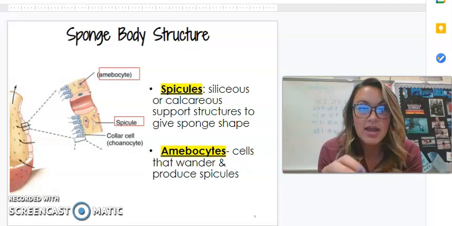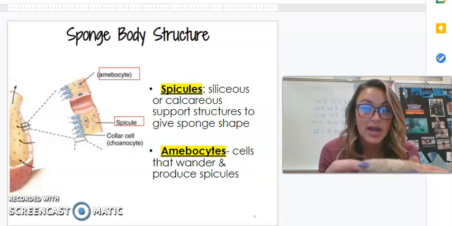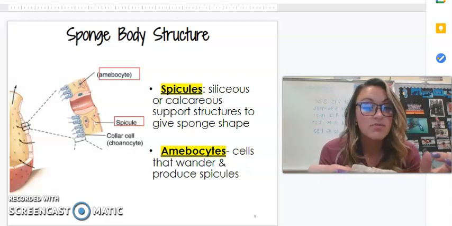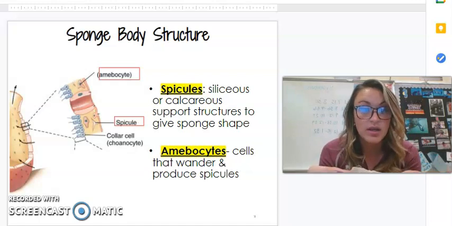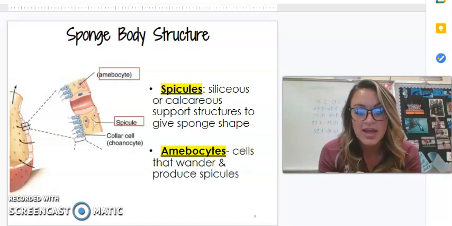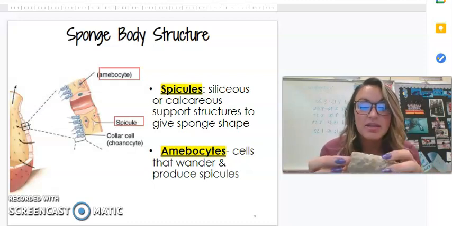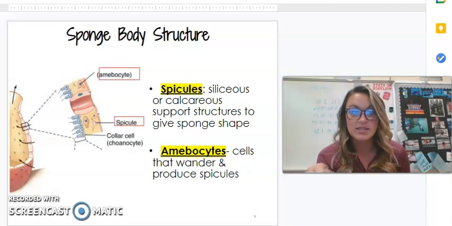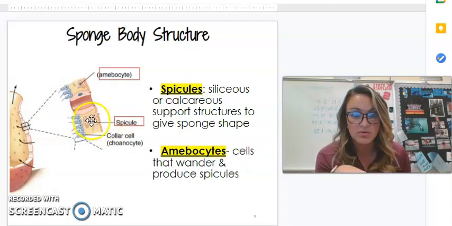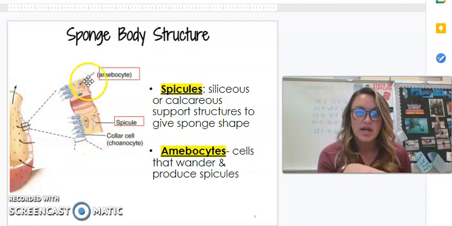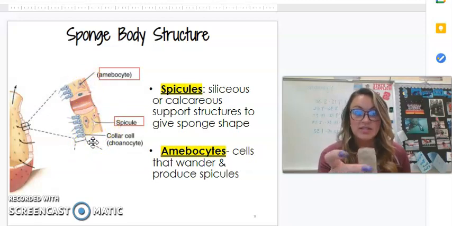All right, a few more anatomical structures that we have already talked about. Spicules. So we did this when we did our symmetry stations, and we talked about the fact that sponges technically have an endoskeleton. So they technically have an internal structure that kind of gives them some shape and form. And that's in the form of these siliceous, so silica, or calcareous, that calcium carbonate support structures. And they're kind of shaped like little ninja stars or boomerangs. And these spicules are what line inside of that sponge. So we can see the spicule labeled here. Notice it's got like a little 3-point, kind of like a little ninja star,